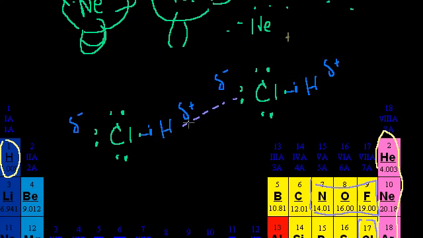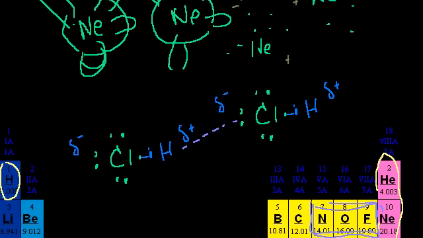And because it's much stronger, hydrogen chloride is going to take more energy to get into the liquid state, or even more, to get into the gaseous state, than, say, just a sample of helium gas. Now, when you get even more electronegative, when you're dealing with nitrogen, oxygen, or fluorine, you get to a special case of dipole-dipole interactions, and that's the hydrogen bond.